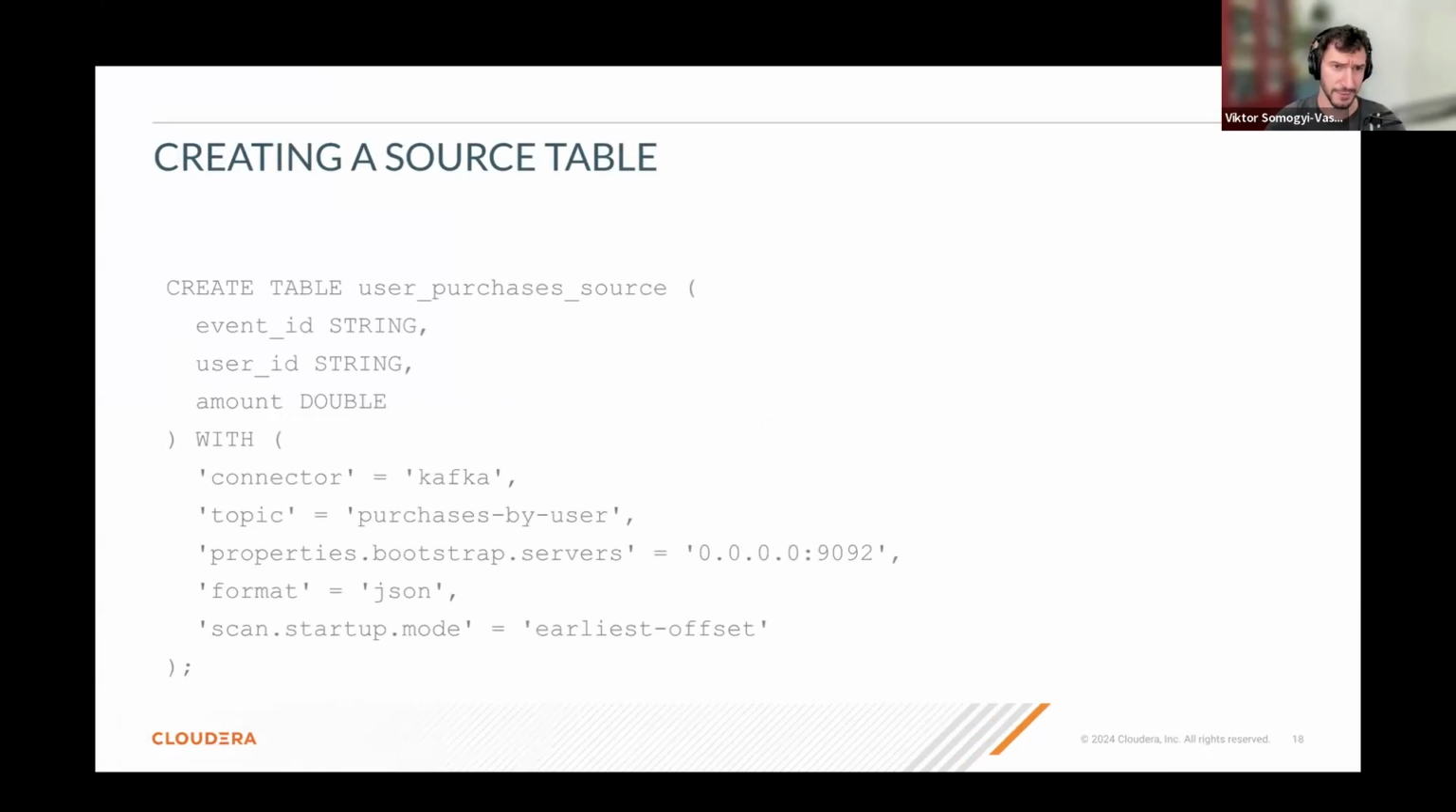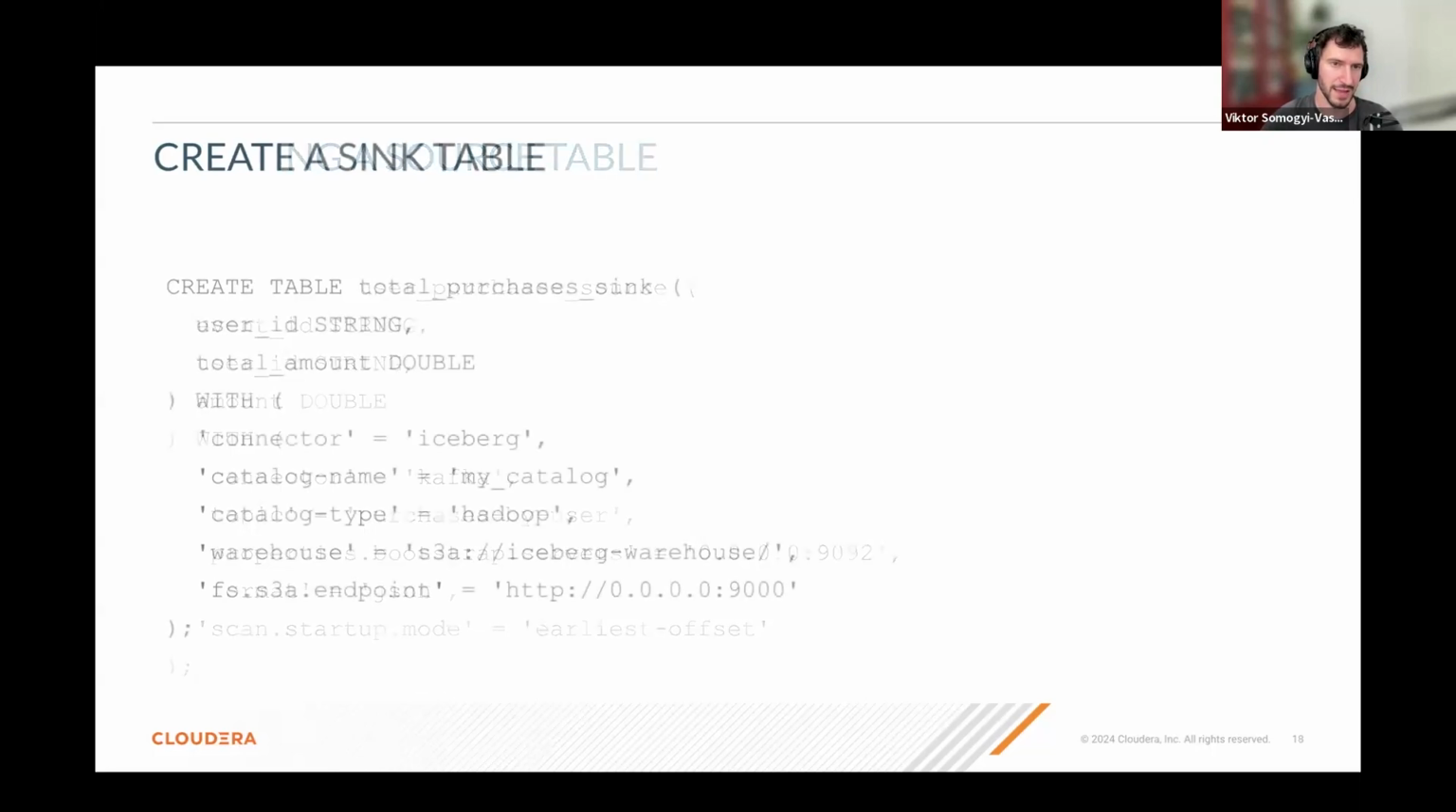This is a Flink query where you have an event ID, a user ID, and the dollar amount that was purchased by that user. This is a single purchase. And I wanted to create a sink table in Iceberg with a user ID and the total amount purchased by that user across several purchases. And in Flink, you would be able to